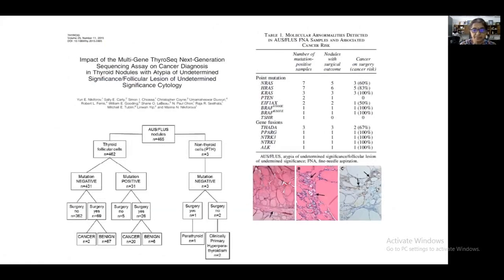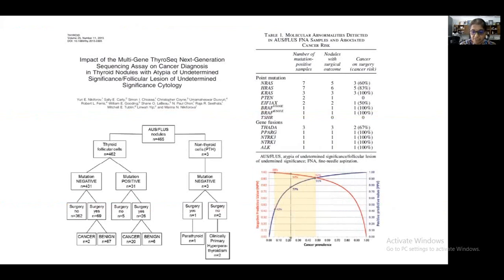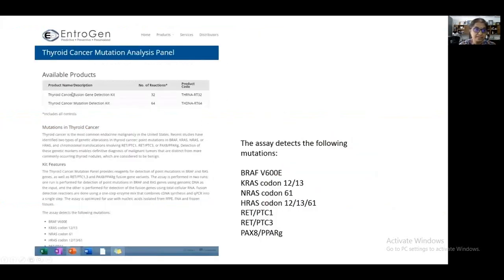And of course, we have also moved into the era of next generation sequencing. But just to say that the results can be good, but the cost is extremely high, I would say. They had excellent sensitivity and specificity, and this is commercially available as ThyroSeq. And this is just to show you another kit, from Ion Torrent, which also looks for, apart from the 5 genes that I mentioned, the gene fusions RET/PTC1, RET/PTC3, and PAX8/PPAR gamma. Currently, we are trying to shift from the 5 gene assay to this more complete panel, and hopefully it will yield even better